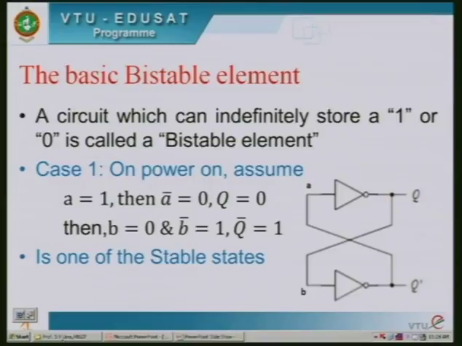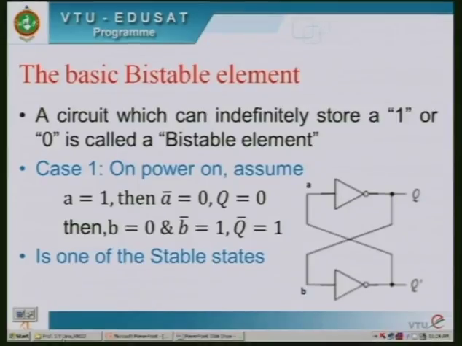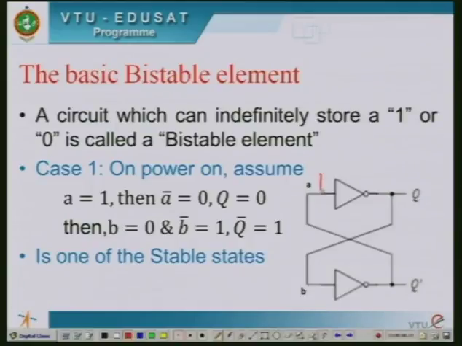In the next state, we can see what happens on power on, if A starts with 1. So on power on, if we have 1 here, then what happens? Q becomes 0, and this 0 is coming here, Q bar becomes 1, and the next state is this with A 0,